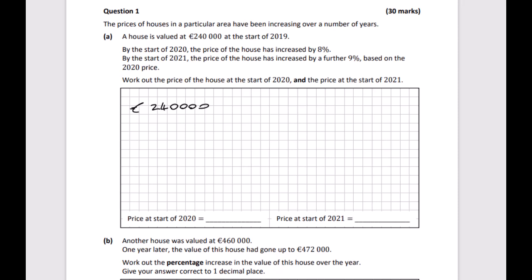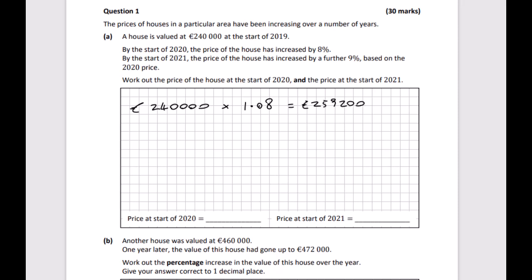Now we want to increase that by 8%. So a couple of ways you can do this. You can get 8% of this and add it on, but a quicker way is just to multiply by 1, which won't change it, but then add on the 8%, which is 0.08. So if you multiply by 1.08, that will increase this by 8%. So when you do that, you get 259,200